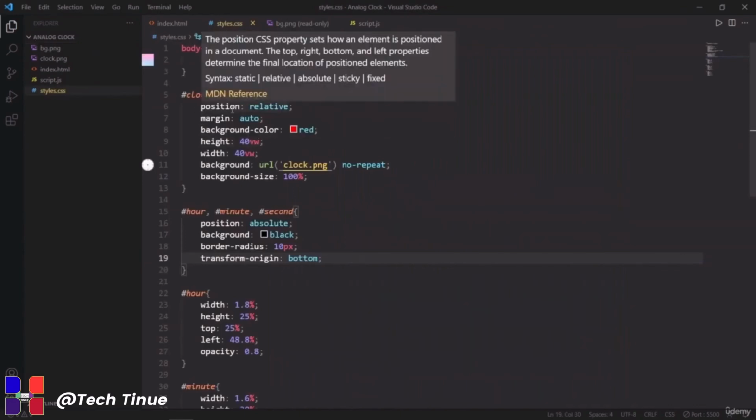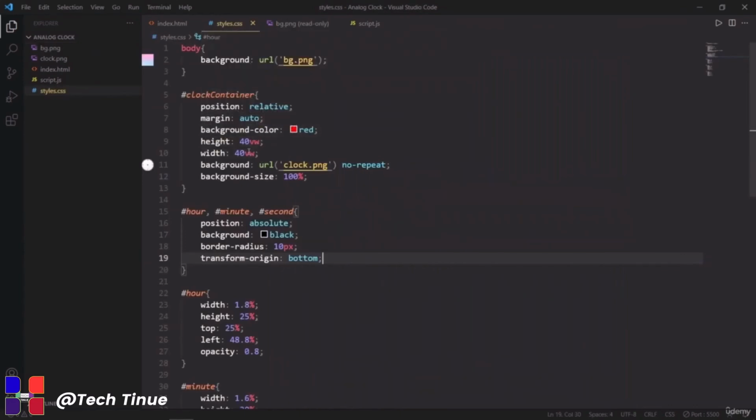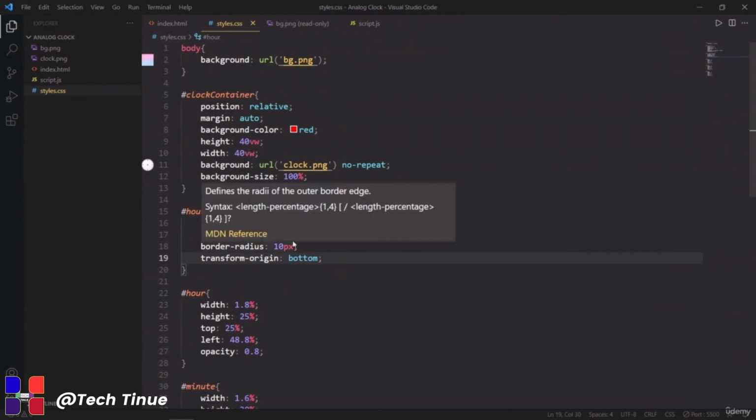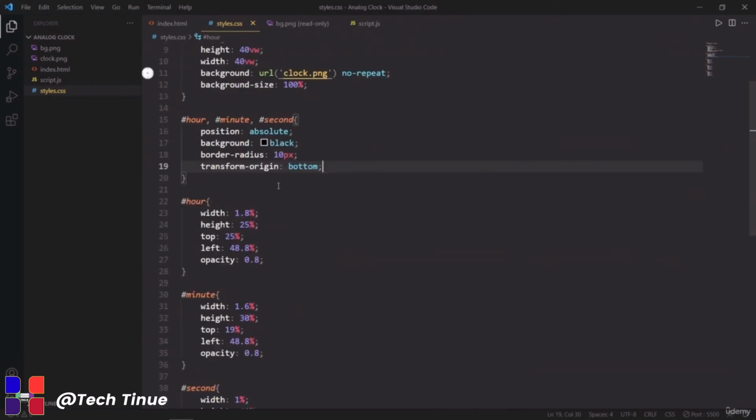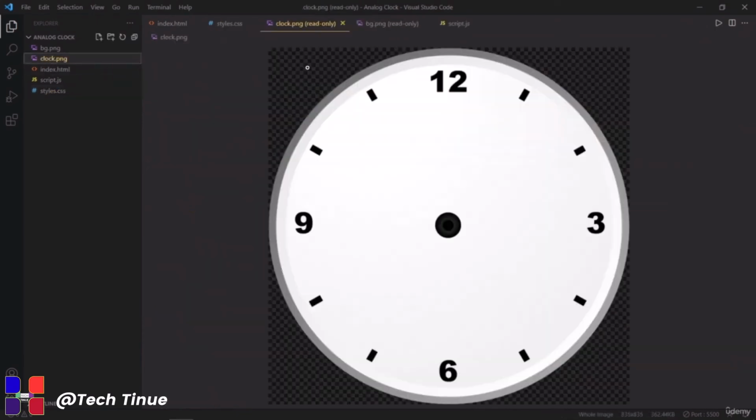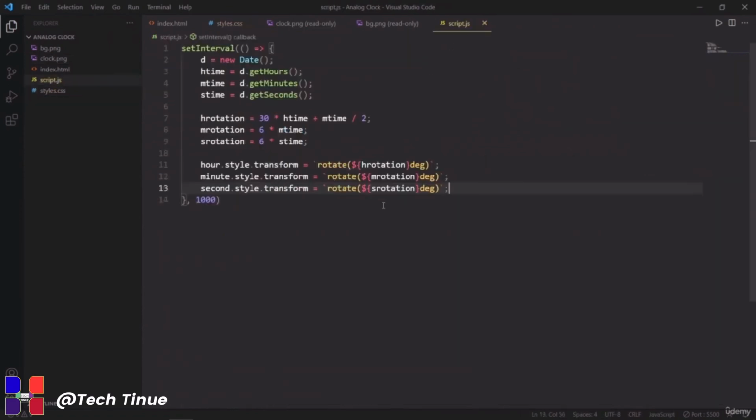And then I wrote the CSS for the ID clock container. Then I added the CSS for hour hand, minute hand, and the second hand individually. And this is the clock face that I have used. So let's open it. So this is the clock face. You can download it from Google. And coming to the JavaScript file, here we have used the setInterval method, which calls this arrow function after every 1000 milliseconds. Then we have used this JavaScript method called new Date, and this allows us to get the current